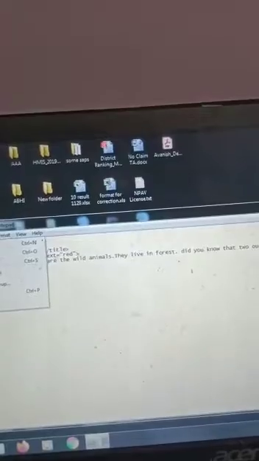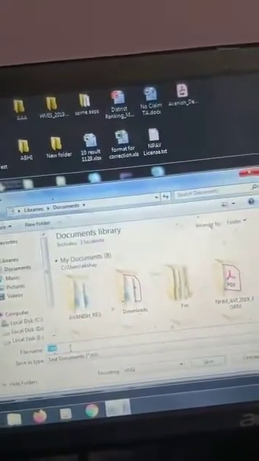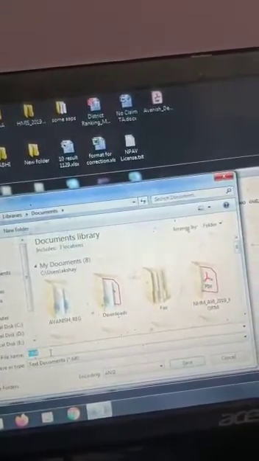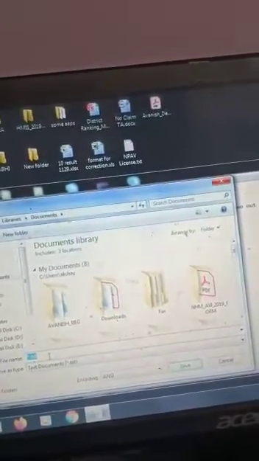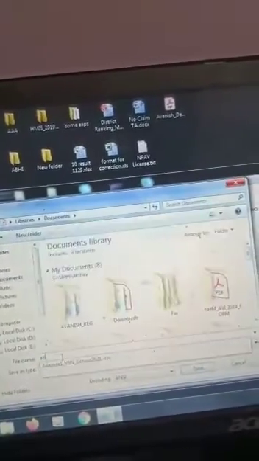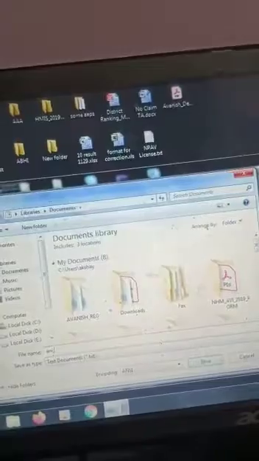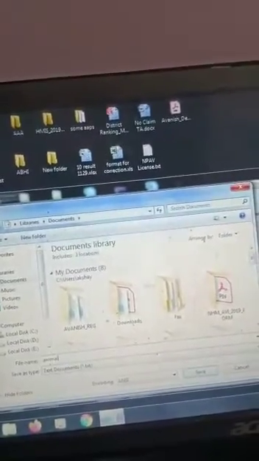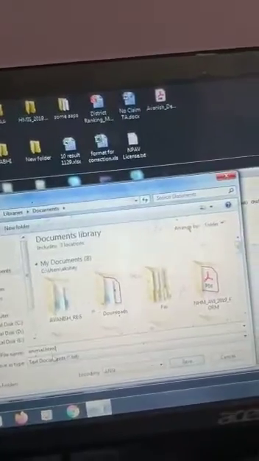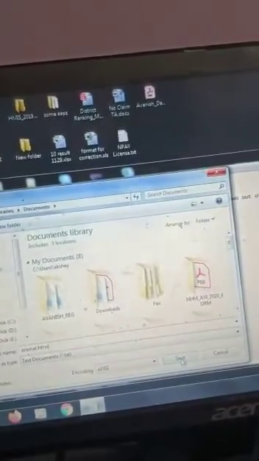First you have to create and save a file. Okay, save, and type a name for that file, whatever it is. If I type animal, then animal dot html. Okay, now save, it will be saved.